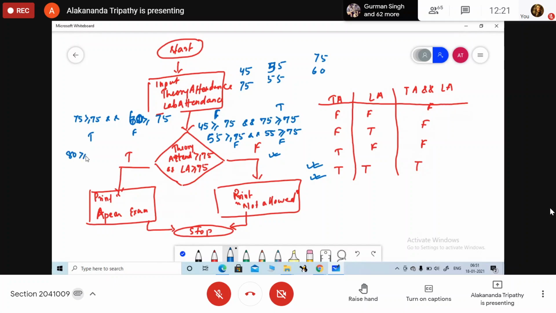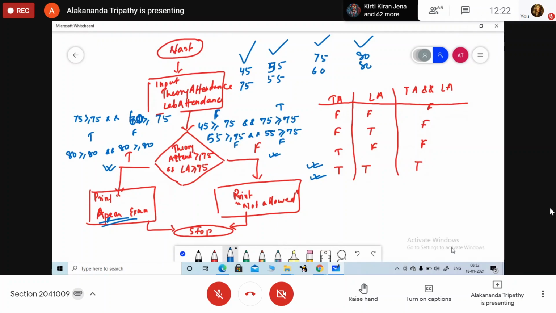Last case 80 greater than equals to 80 and 80 greater than equals to 80. So what will be the answer we are getting? True. So it is going to print appear the exam. So this is how we are going to take 4 different sets of input and check whatever things we have done is correct or not.